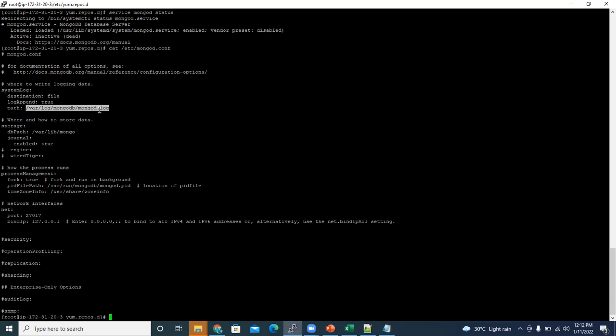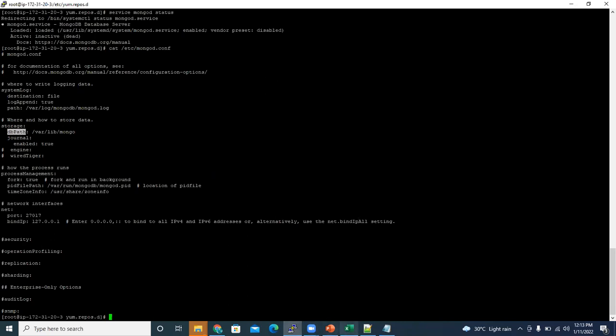Whatever the database you install, if you install MySQL, by default it goes to /var/lib/mysql. MongoDB goes by default to /var/lib/mongo. Okay. So this is the default. dbPath is the data directory. The data directory is nothing but wherever we store the data, it will be saved in the data directory. This is dbPath. So we should have a data directory for all databases.